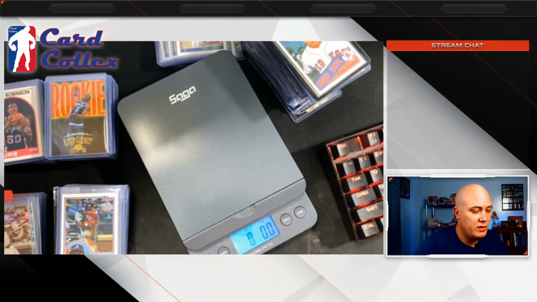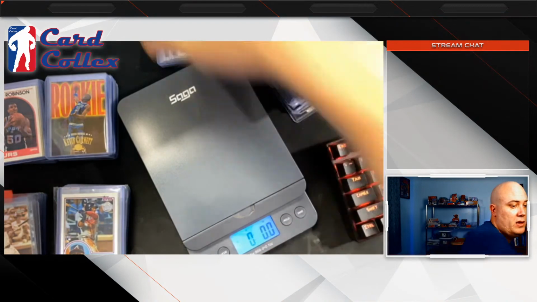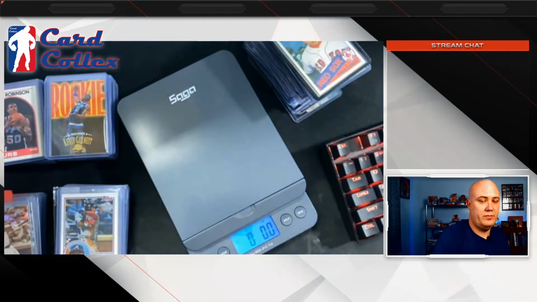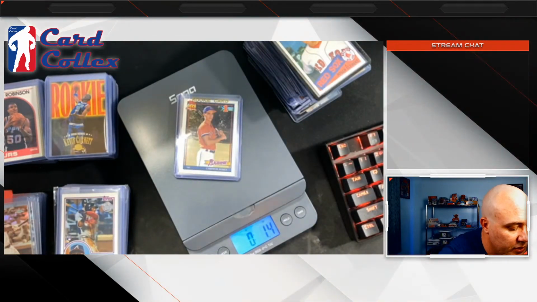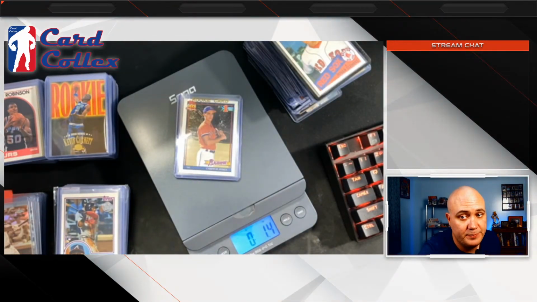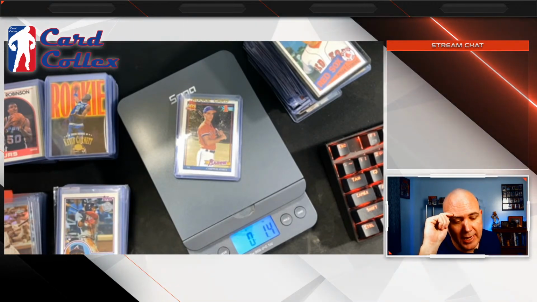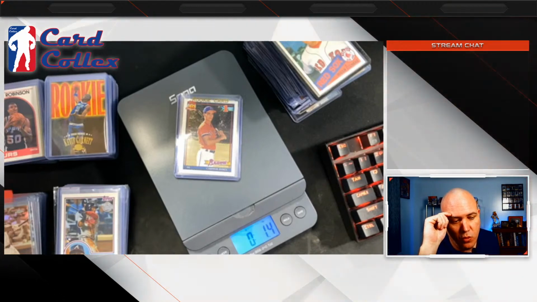I don't think I've ever used it off of the charger, but yeah. Let's see. We'll just do 4 of those in Toploaders is 1.4 ounces. So I would probably figure out what my weight's going to be with packaging and everything.